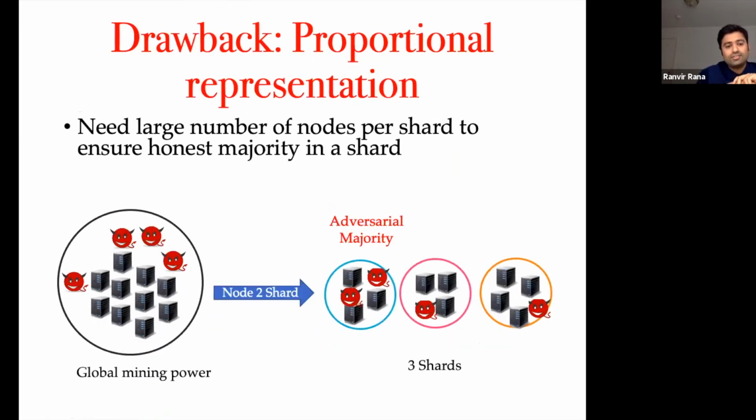So this sounds very simple. So why are there a lot of papers on sharding? Well, there are a few problems with this approach, which we call multi-consensus. As I mentioned before, first, to ensure proportional representation of honest nodes on shards, you require large shard sizes. And because you require large shard sizes, that inherently limits the amount of scaling that you can achieve. Within a shard, there is still full replication. So if the shard size is, let's say, 100, you still have a single transaction being repeated 100 times on 100 computers.